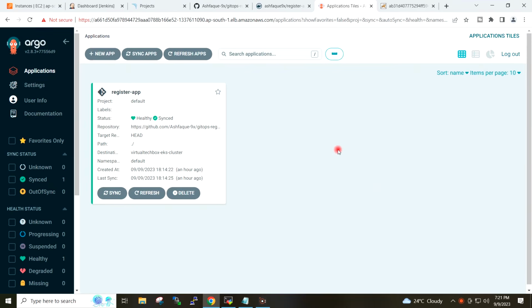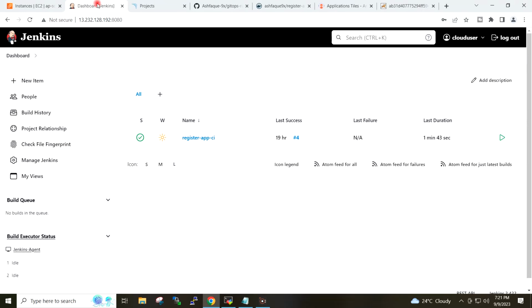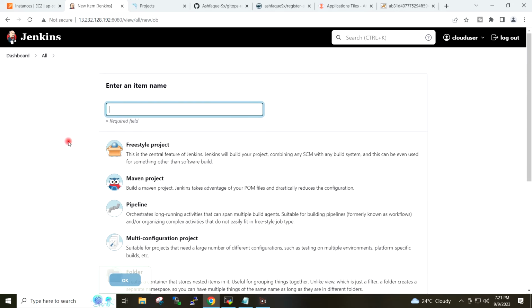Now we need to automate this deployment process. So I will go to Jenkins dashboard and I will create the CD job now. I will give the name to the CD job pipeline.